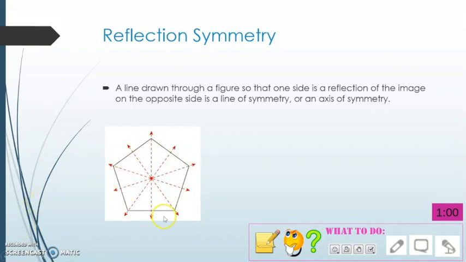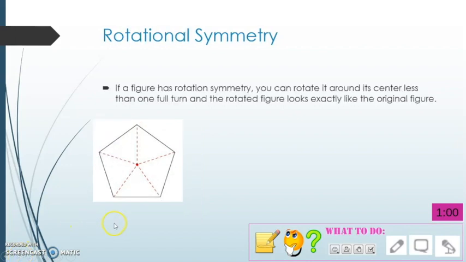So you can see that this pentagon, because it is a regular pentagon, meaning all sides and angles are congruent, has several lines of symmetry where you could fold that pentagon in half and it would land on top of itself. Now rotational symmetry is very similar. We are still talking about it landing on top of itself, except now it is after being turned. So if we can rotate about a point, most likely the center,